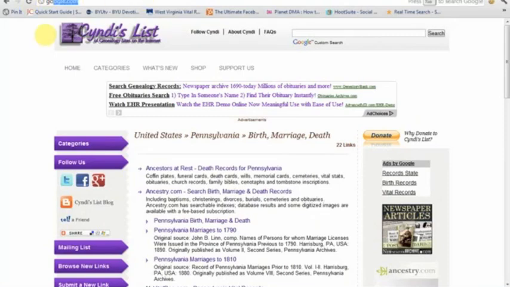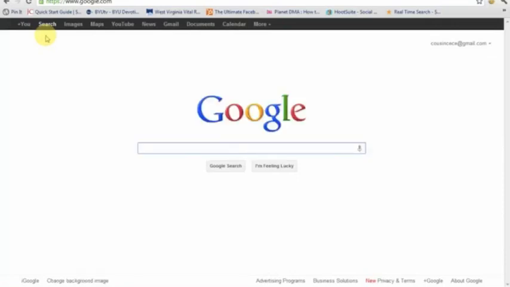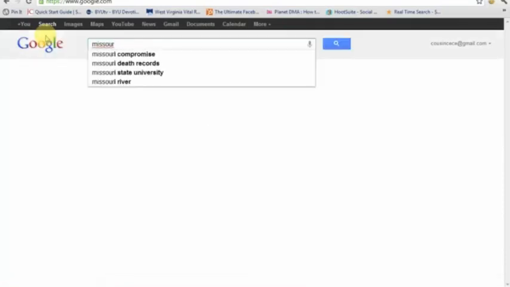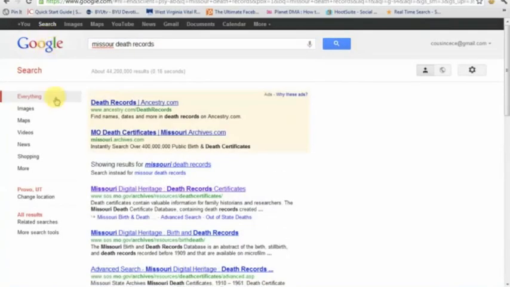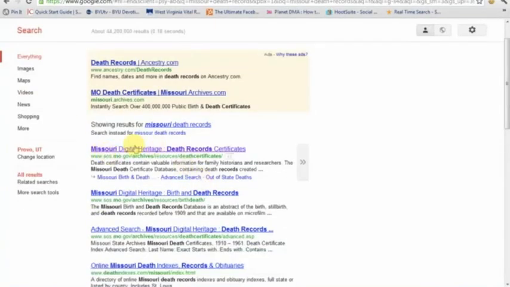back to the top, which is those Google searches, and let me just share with you one of the other things I do. I do searches for my ancestors a lot, but I also do searches for things like Missouri death records, right? And here you'll discover that it's purple. I've already clicked on it because I use it a lot. The state of Missouri